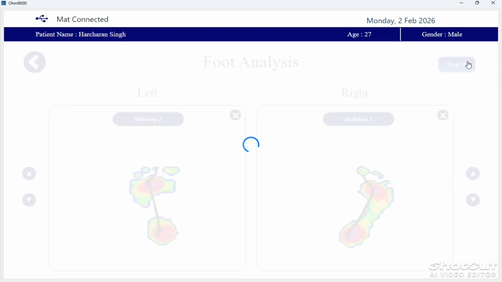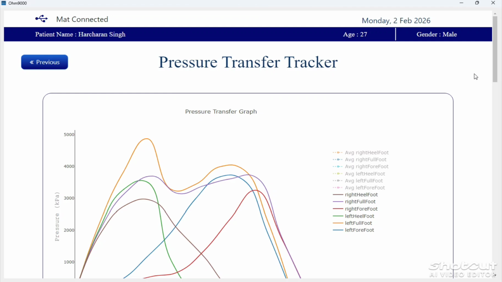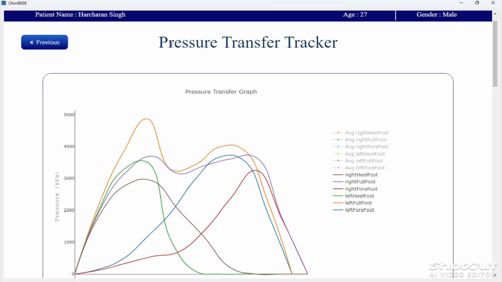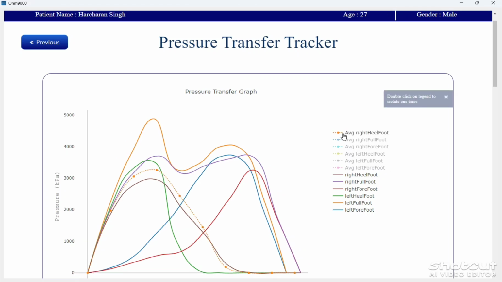To move further, we click on next, and here you can see the pressure transfer tracker. Right now it shows left forefoot, left full foot, left heel foot, right forefoot, right full foot, right heel foot.